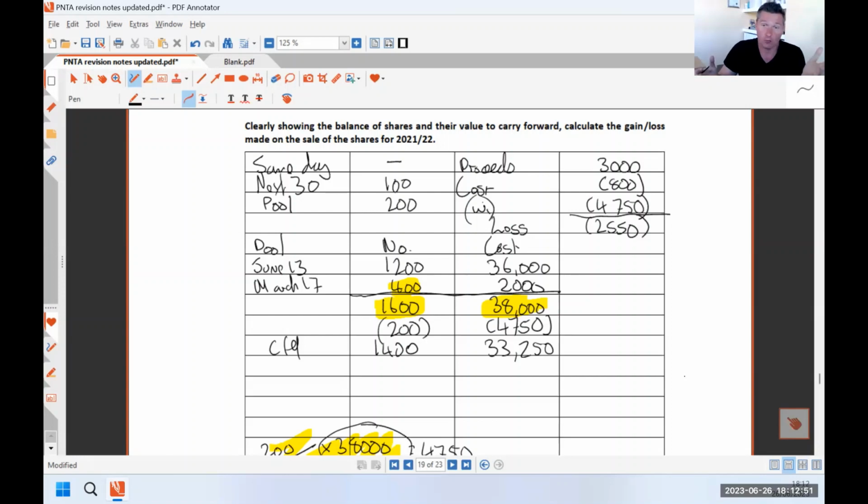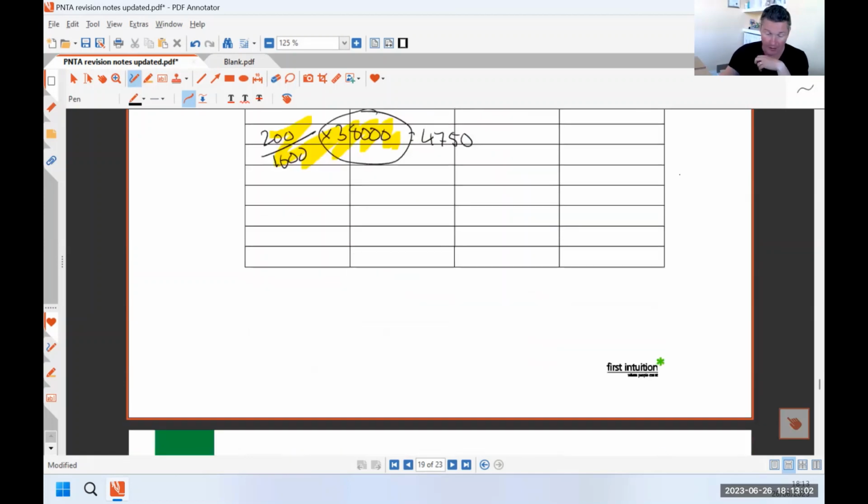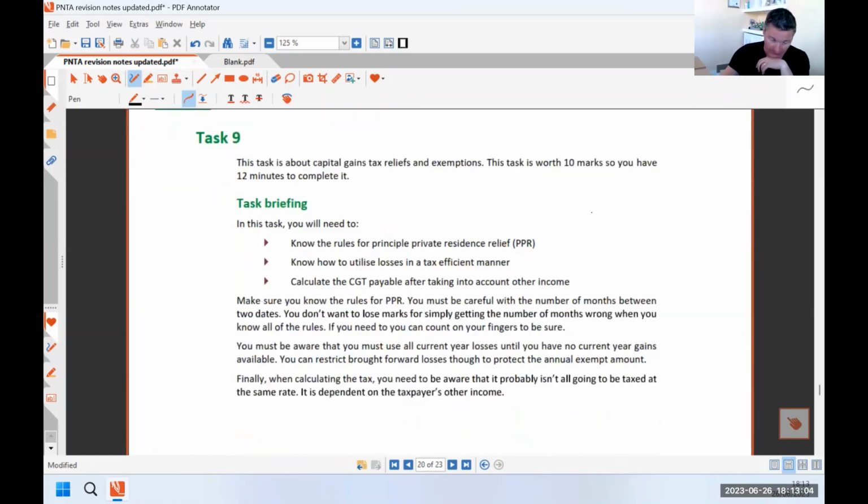Now, normally you've got plenty of space. In fact, in the sample assessment, you have more space than you need, but don't be having to redo things because it doesn't fit nicely in it. And always try and reference your working. Cool. Right. Task 9,